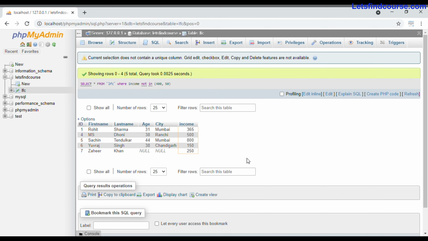In this video, this is the basics of the IN operator and NOT IN operator, what the functioning of the NOT IN operator and IN operator is, how it is different from the OR operator, and why to use the IN operator in MySQL. You can try the IN operator and NOT IN operator in your localhost phpMyAdmin and try some functioning so that you will understand how this operator works in MySQL.